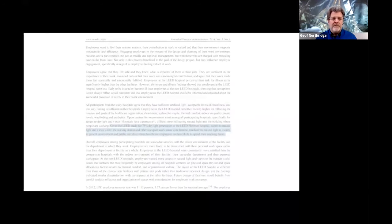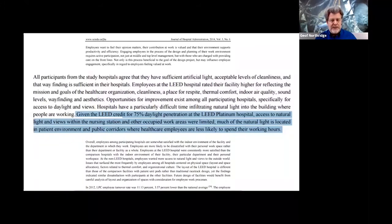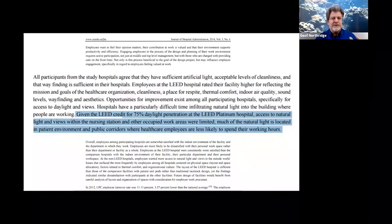One of the criteria for achieving a LEED Platinum certification is 75% daylight penetration. And while the study found that the LEED Platinum hospitals did have a lot of daylight, it tended to be found in places like patient rooms, public corridors, cafeterias, gift shops, places where patients, their visitors, and the public spent time. Not so much where the hospital staff had their offices and work areas. Those tended to be found in the centers of buildings and in lower levels of multi-story buildings, and were notably